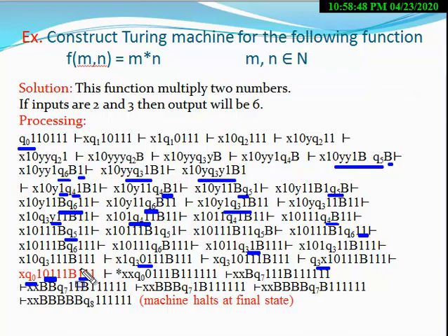Now you have to repeat the same cycle. When you repeat the same cycle, this one is also removed and these 3 ones are also copied to the right side. So here this one is removed and these 3 ones are again copied at this place. Here we use a star. Star means a number of transitions are used here to move from this ID to this ID. So after the second cycle the configuration will be this.